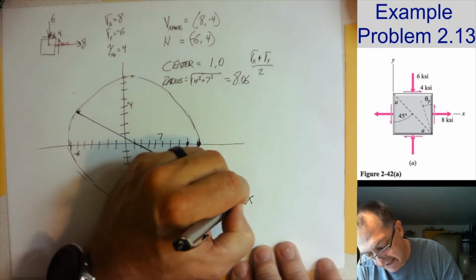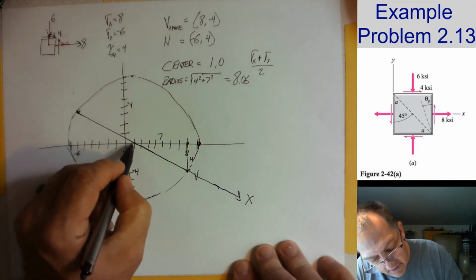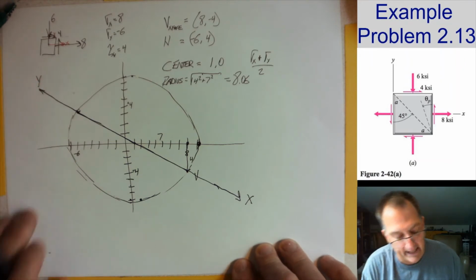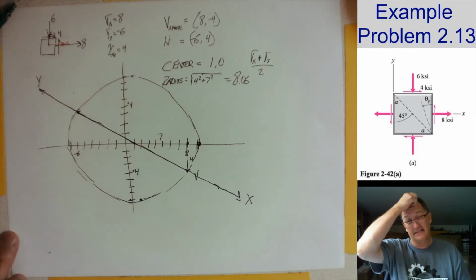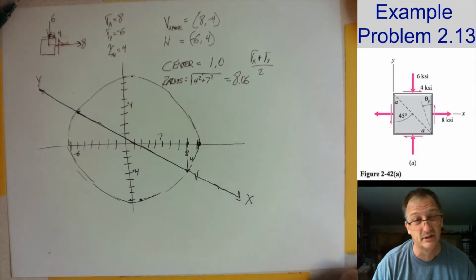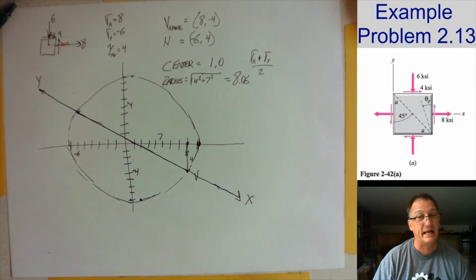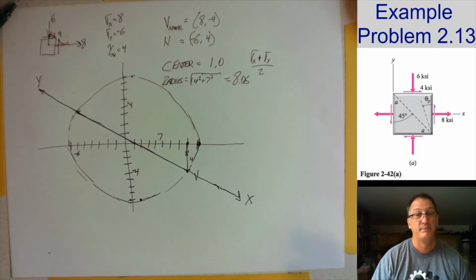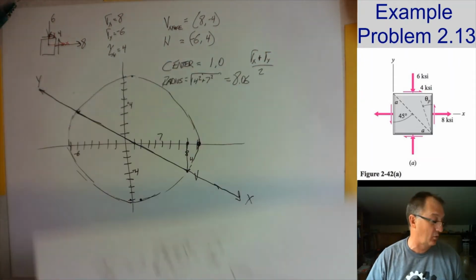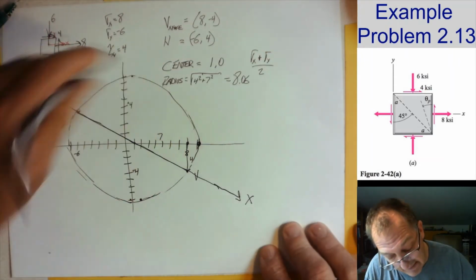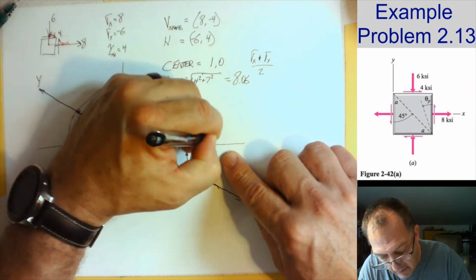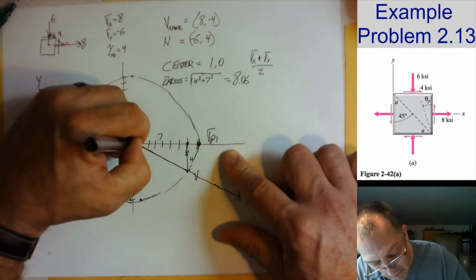This is my x-axis, really. And this, the confusing part, is my y-axis. Why is that? Well, because all my angles are in 2 theta. That's also why I wanted to draw this better. All my angles are in 2 theta because that's the way we got to this set of equations. And so if I look and say, this is my maximum, this is P1, and I want to know where it occurs, well,